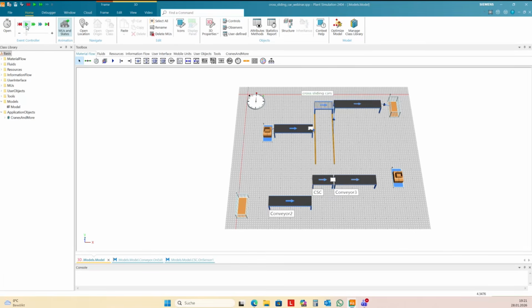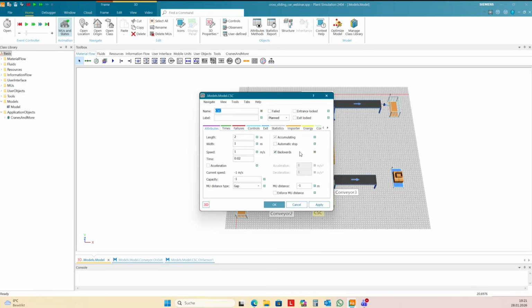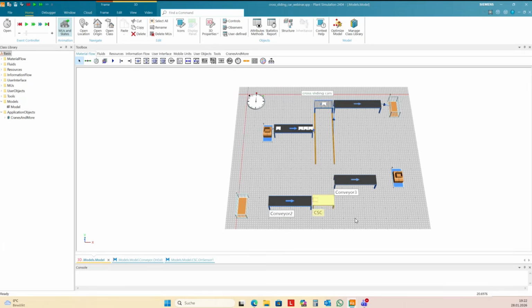But now it should already work. Doesn't work. You need to select automatic stop here. Otherwise, it's walking all the time and not becoming blocked. And so you need to select automatic stop here in the cross-sliding car. And then it changes the state of the conveyor.